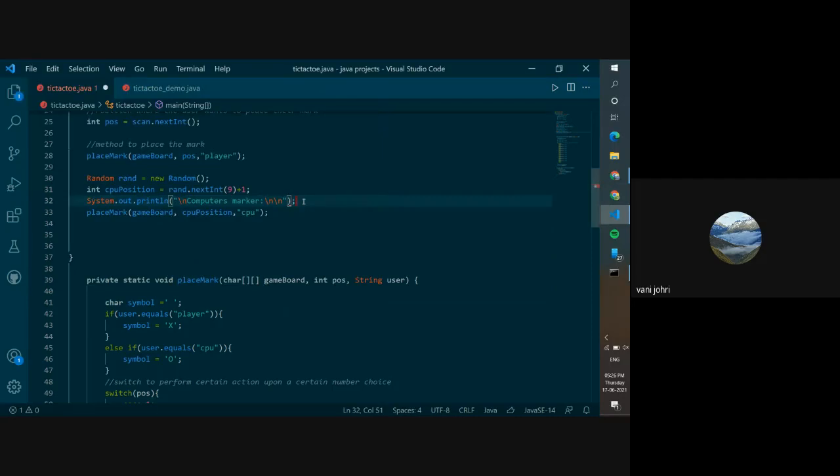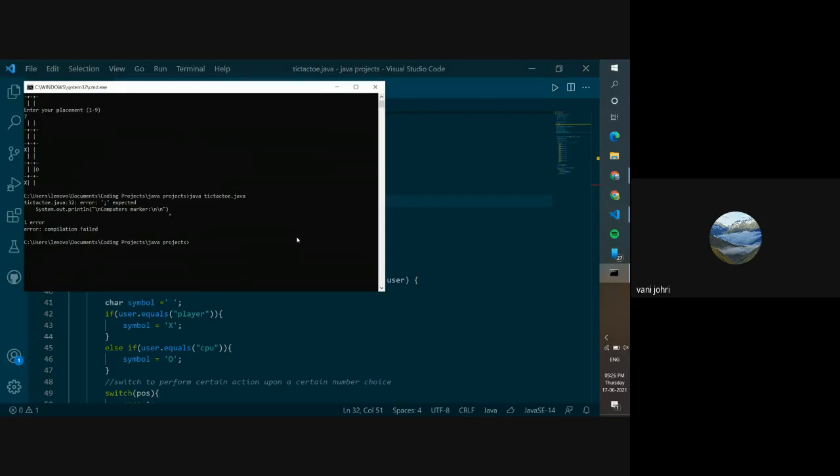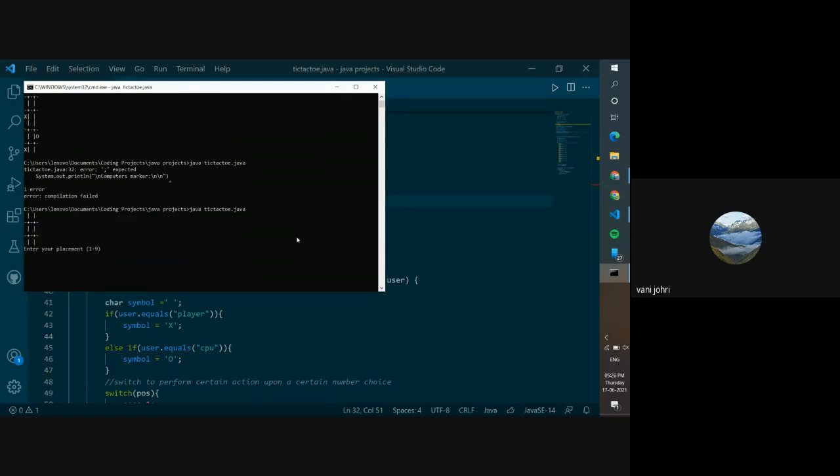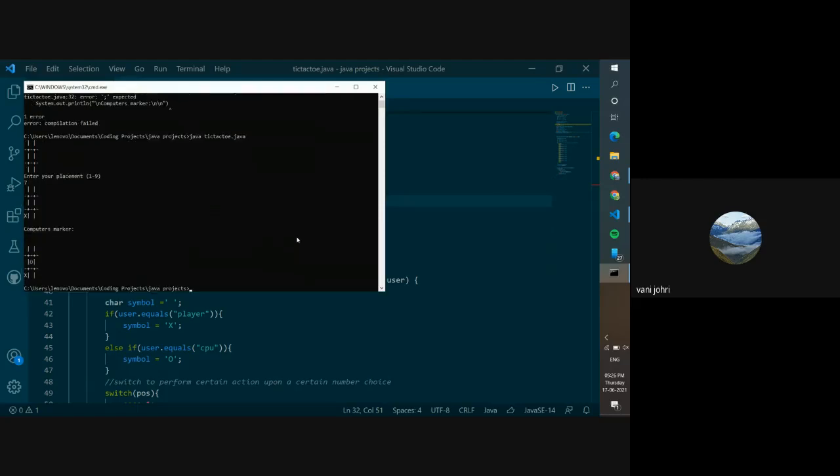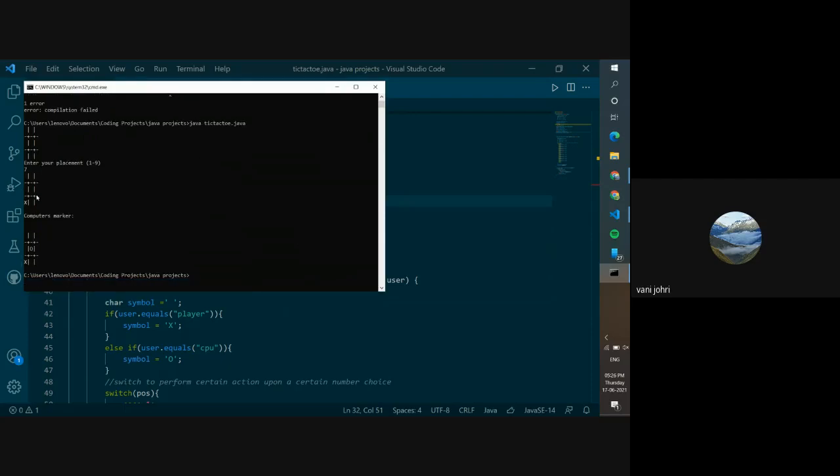Forgot the semicolon. See, let's do a 7 again. And see, this is where the user chose 7 and it printed 7 over here. And now this is where the computer placed the marker. So this is what we're going to work on today.